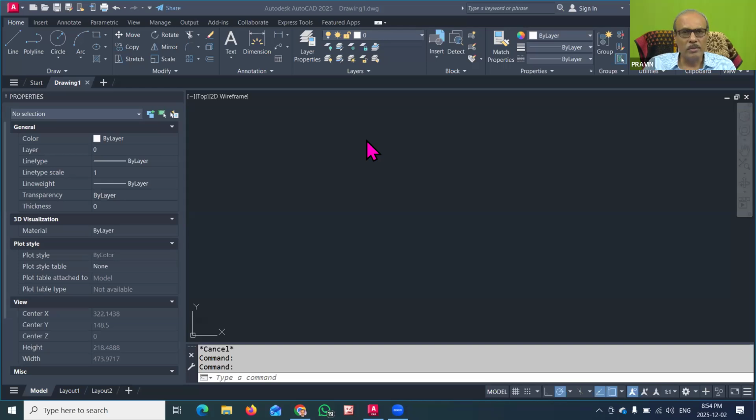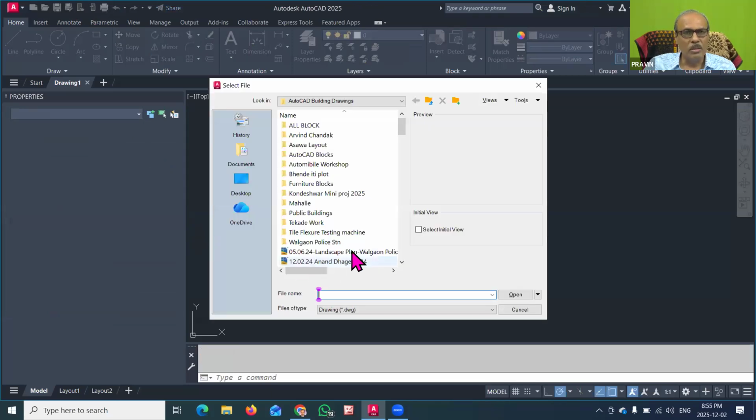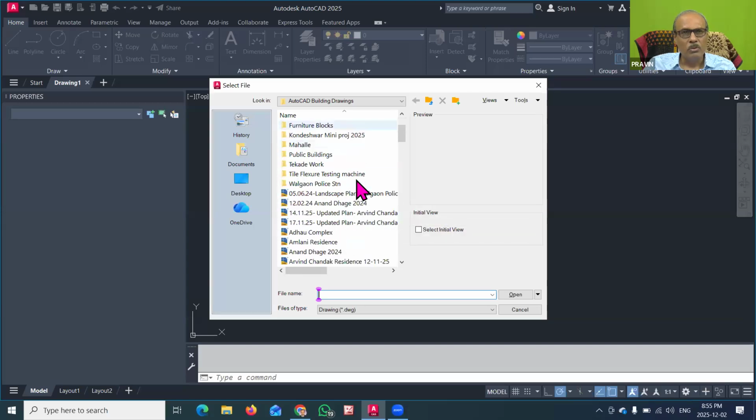Now in this drawing, suppose I go and open a previous drawing which we have drawn in our earlier session. I will go to the open a drawing option here, and browse my computer, where we saved it in the AutoCAD building drawing folder.